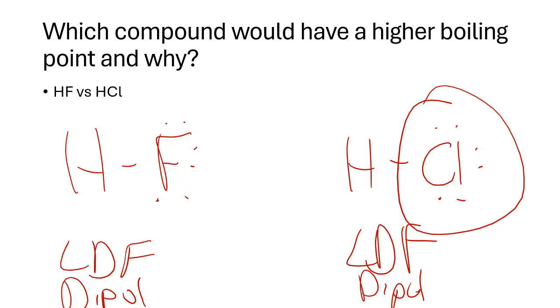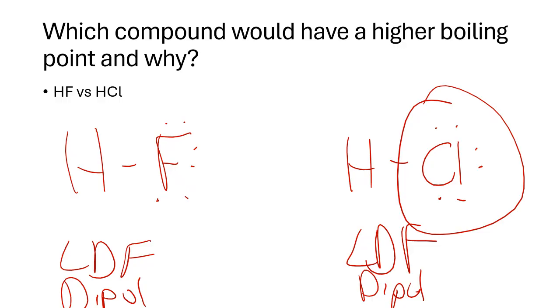Pretending there's no such thing as hydrogen bonds, which would have a higher boiling point? It'd be HCl, because it has more dispersion forces,